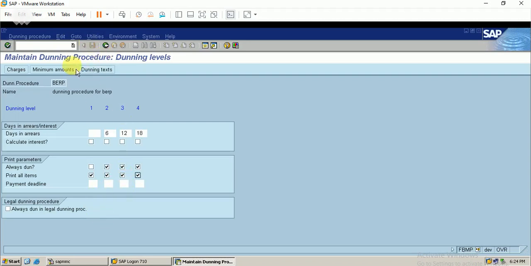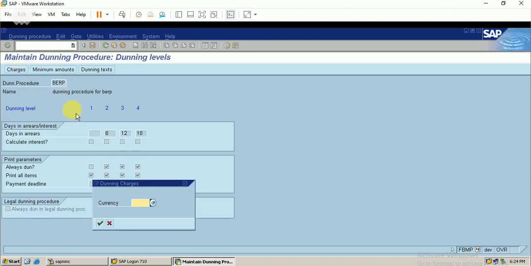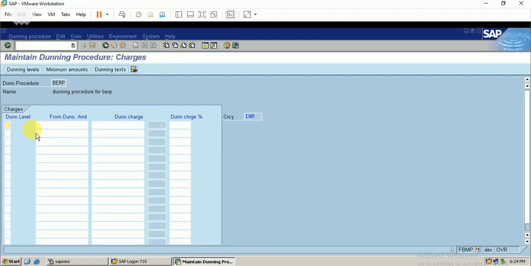Okay, just go for the next, charges. We can maintain different charges for the dunning levels. We have 4 levels of dunning. I just go for dunning charge. This is the dunning value. Just go for increasing value.